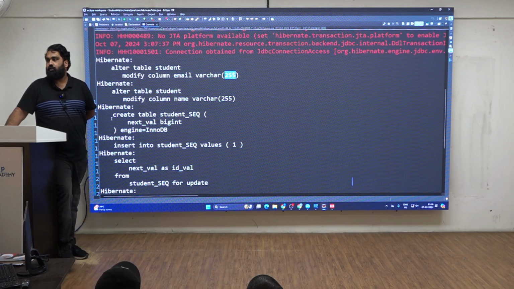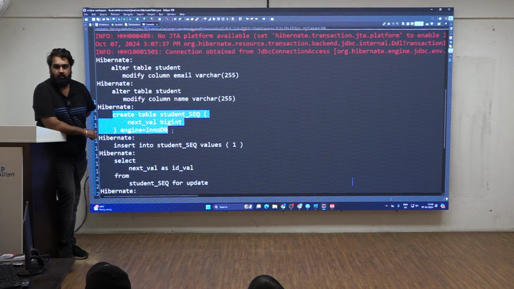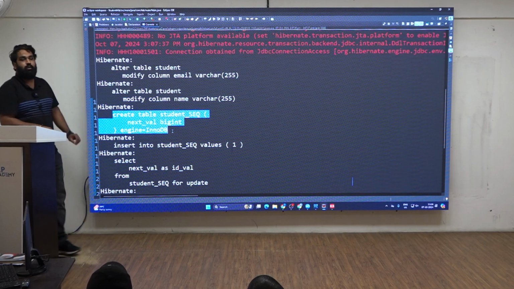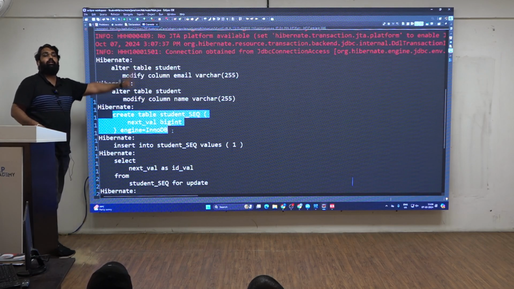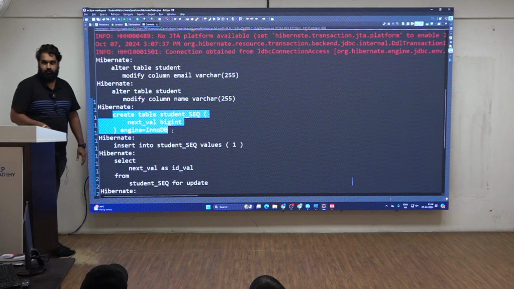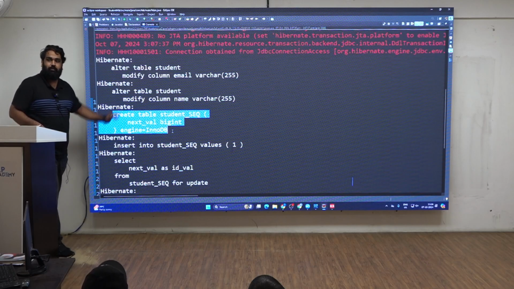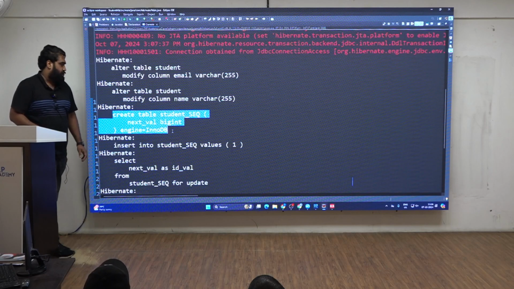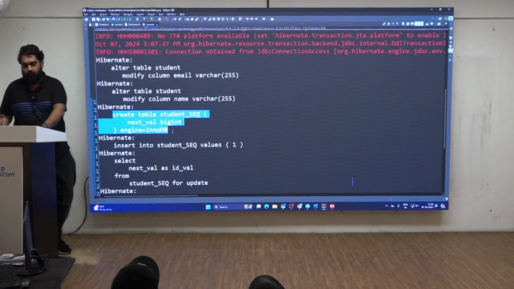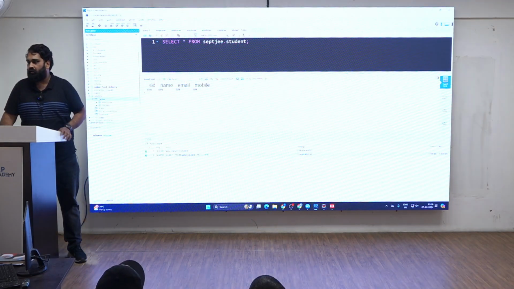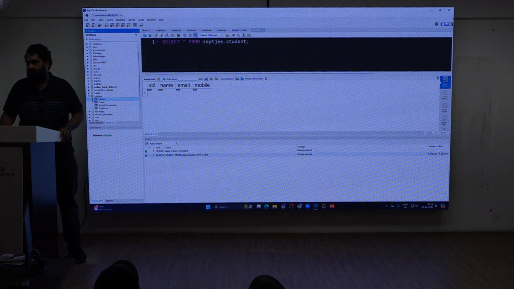I am interested to see this particular query. What is it? Create student sequence table. It is created on its own. Which means, sir, if I go to the database, will there be a table called student sequence with the next value column? You can see there is a column called next value. If I go to the database and refresh,